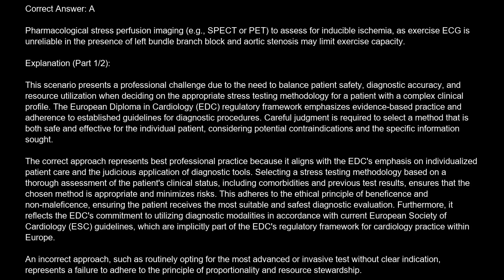Correct answer is A. Pharmacological stress perfusion imaging, e.g., SPECT or PET, to assess for inducible ischemia, as exercise ECG is unreliable in the presence of left bundle branch block and aortic stenosis may limit exercise capacity. Explanation. This scenario presents a professional challenge due to the need to balance patient safety, diagnostic accuracy, and resource utilization